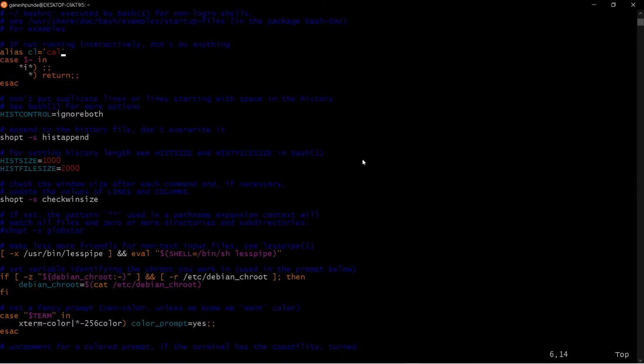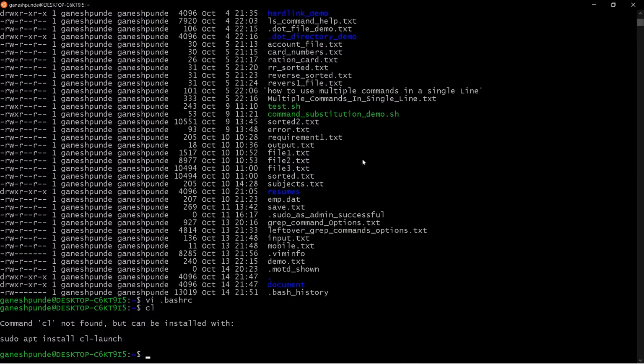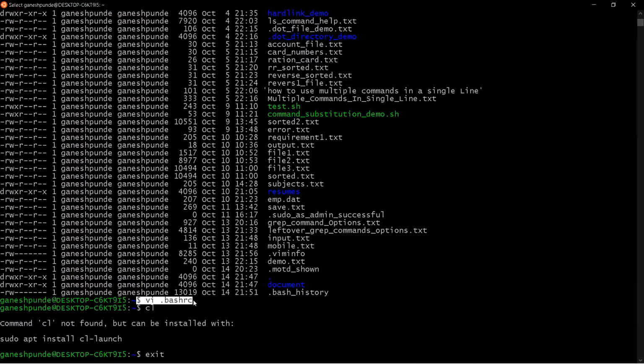And I'm saving this file. Now this file has been saved. After this we need to close the terminal. If you remember what we discussed, we should close the terminal because those changes need to be implemented. So I say exit.